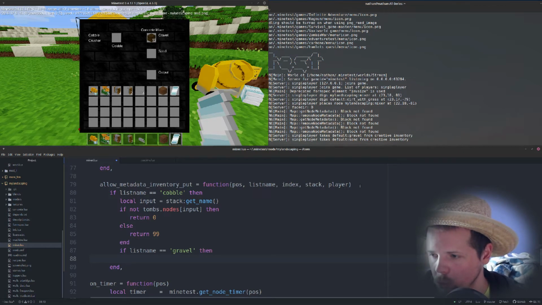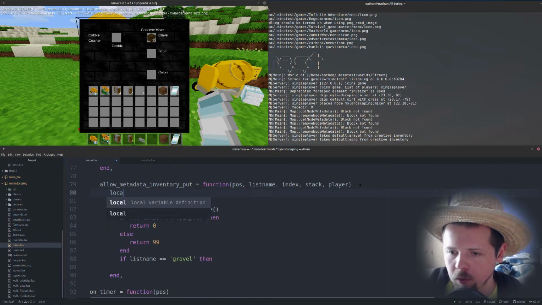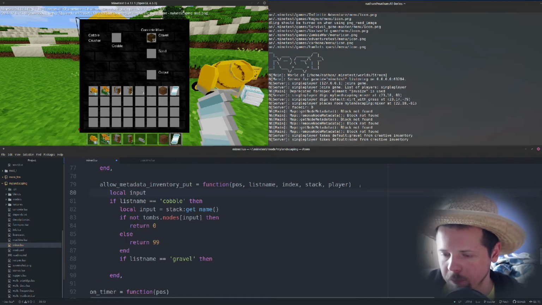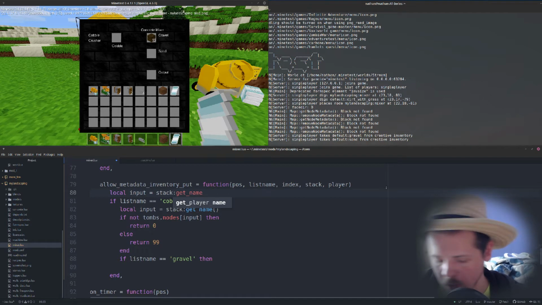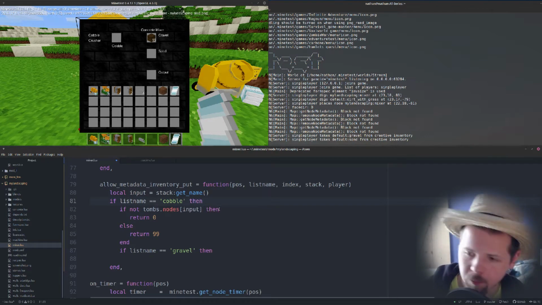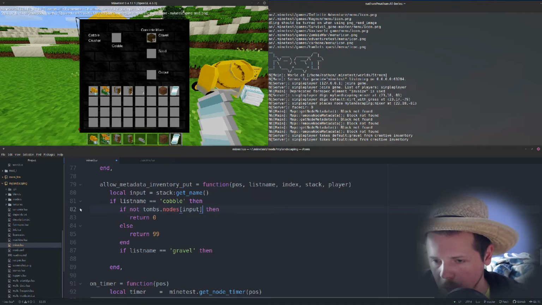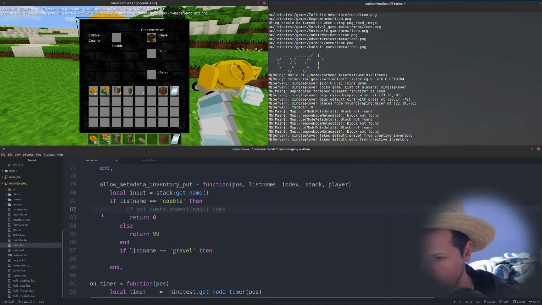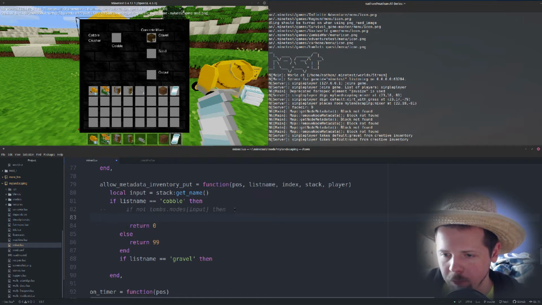Let's actually do a local input equals stack get name. Will that work? I don't know. There's only one way to find out though, because I don't feel like doing this for every single one. If list name cobble, then we want to, I'll just comment this code out because there's some group of something, but I don't know what that group is. And then we just want to do